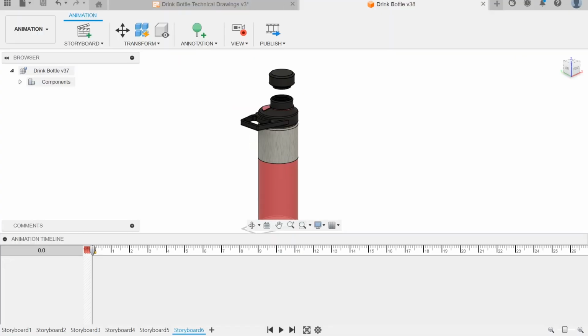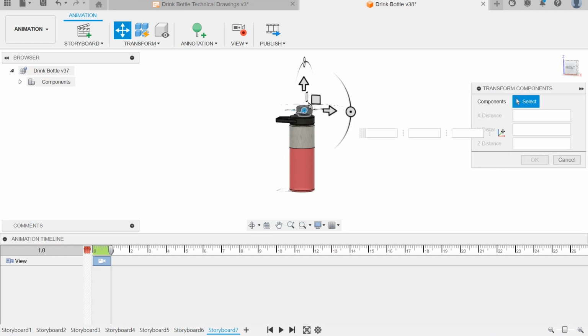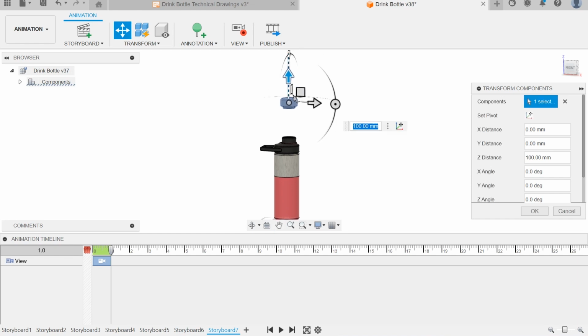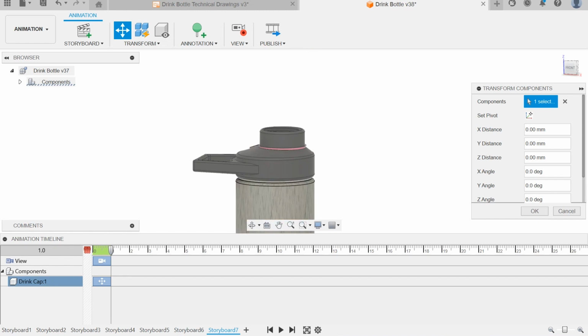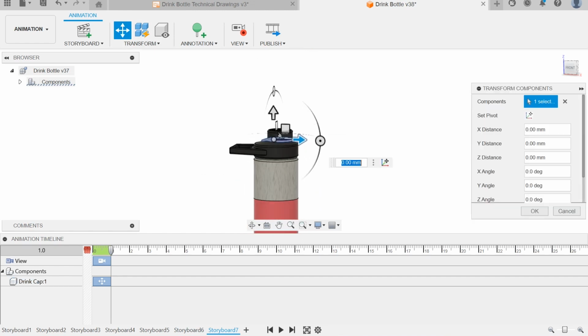We're going to start by going into our normal drink bottle design and going into animation. We're going to just plus a new storyboard down in that bottom strip, and we're going to start pulling it apart and exploding it. So just click on the transform move button. Can you see up there on the bar that I'm using? And I just pull up each part until I've got a nice stack of